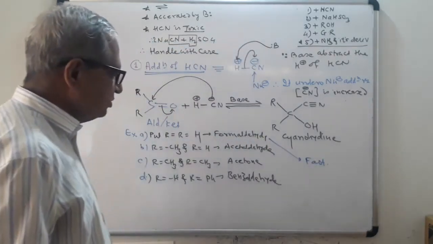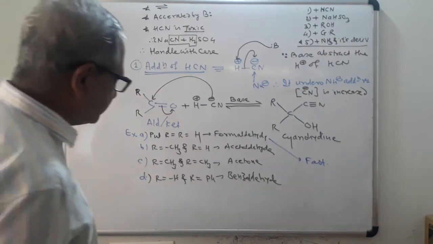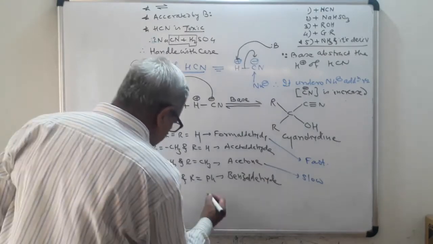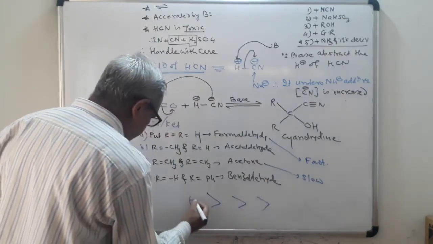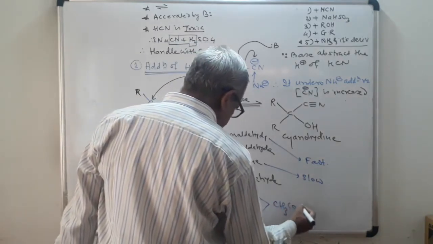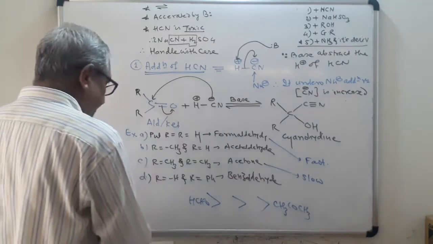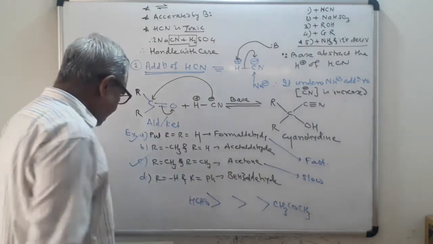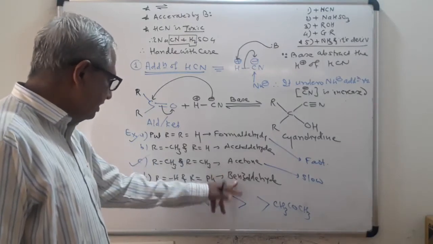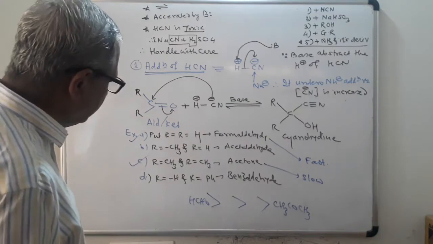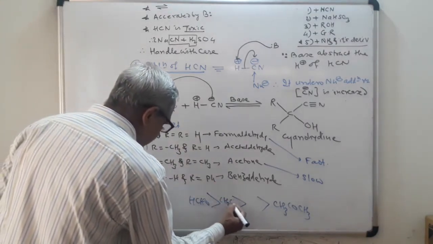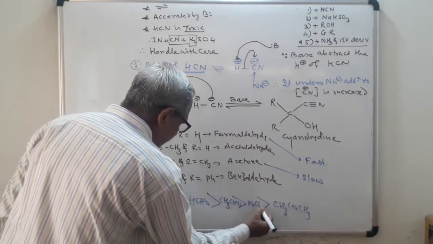Then second question, which of the following reacts with the slowest rate? Acetone. The rate will be slow here. Now arrange this in decreasing order. First formaldehyde, HCHO. Last one, that is acetone, CH3COCH3. So we completed A and C. Now B is an aliphatic aldehyde and D is an aromatic aldehyde. Among these, which is more reactive? Aliphatic aldehyde is more reactive than aromatic aldehyde. Therefore, I will write here CH3CHO, then PhCHO.